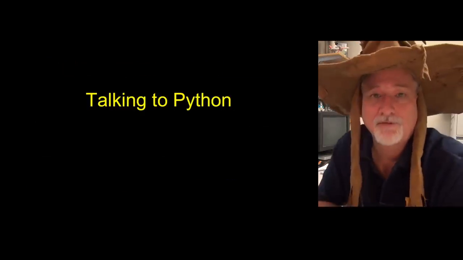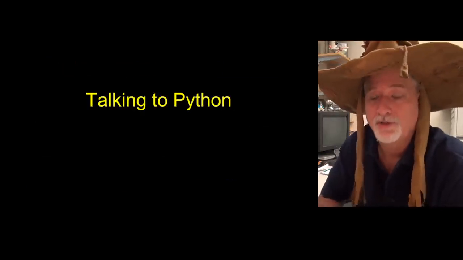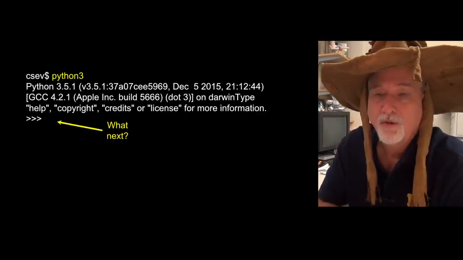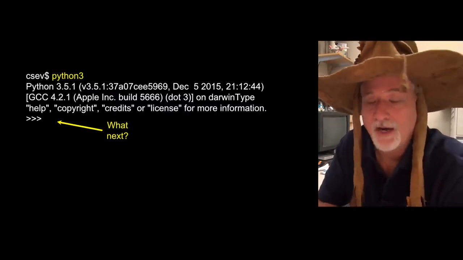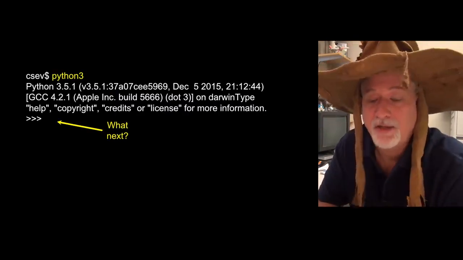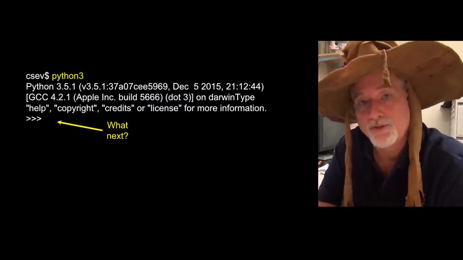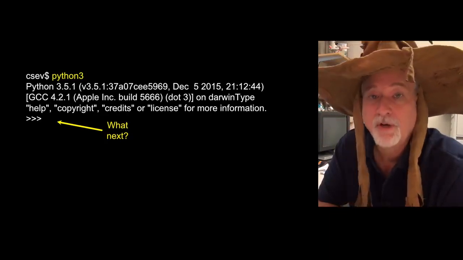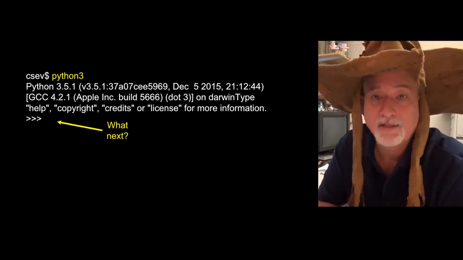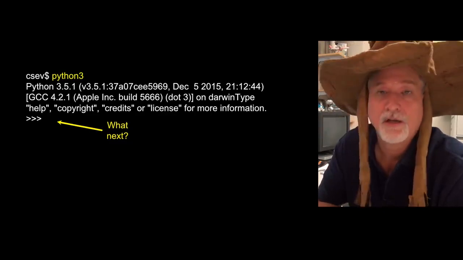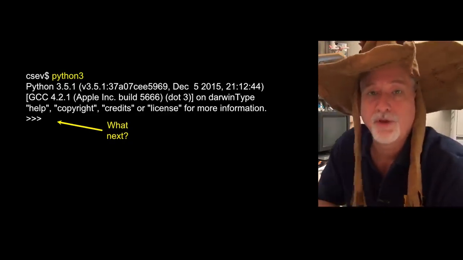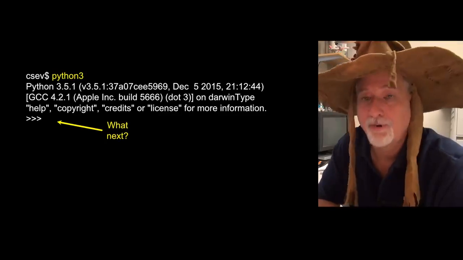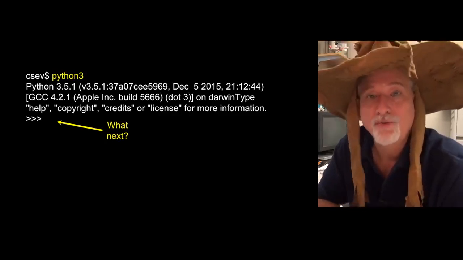So we have a number of different ways to sort of encode our instructions when we talk to Python. One is we just run Python interactively on our computer. Hopefully by now you've got it installed, and you just type Python at a command prompt. So either a Windows command prompt or a Linux command prompt or a Macintosh command prompt. And I got some examples of how to get this all started, get Python installed, and away you go.